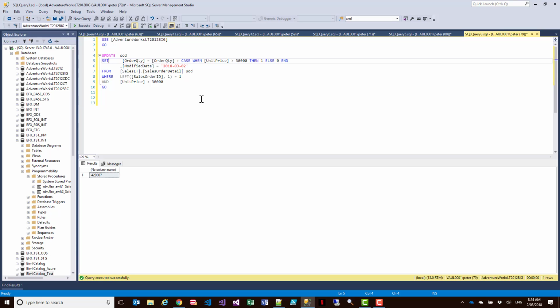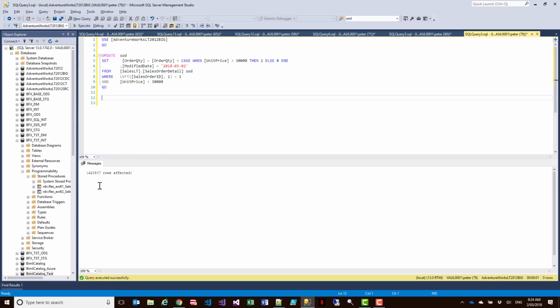Over here, which is basically going to go into that AdventureWorks LT Big and grab about 420,000 rows, and it's going to update them and just set the modified date. I'm now going to extract those 420,000 changes and push them through to the Delta load. Obviously it's not 5 million changes, so it's 420,000 rows coming through, and now we can probably